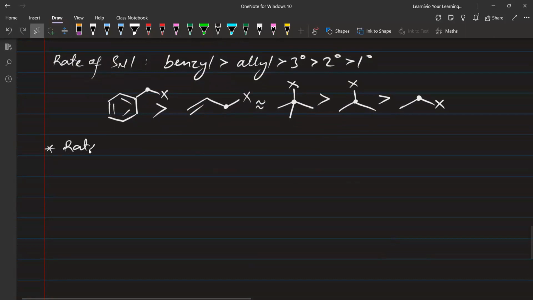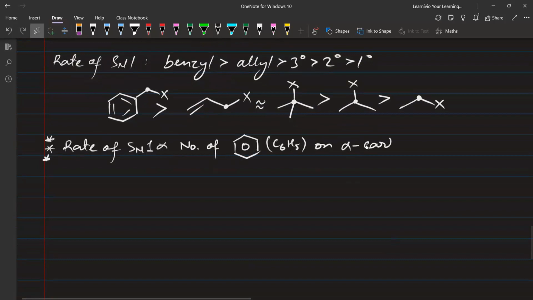रेट ऑफ SN1, दिस इज वेरी इंपॉर्टेंट. इसी से सवाल बनेंगे. Rate of SN1, first of all you need to count the number of benzene ring on carbon atom, directly proportional to number of benzene ring, या फिर C6H5 on alpha carbon. If the number of benzene ring is more in someone, you don't need to look anywhere else, सीधा आप लगा दीजिएगा उसी को. If the number of benzene ring is same, or if the benzene ring is not available, then